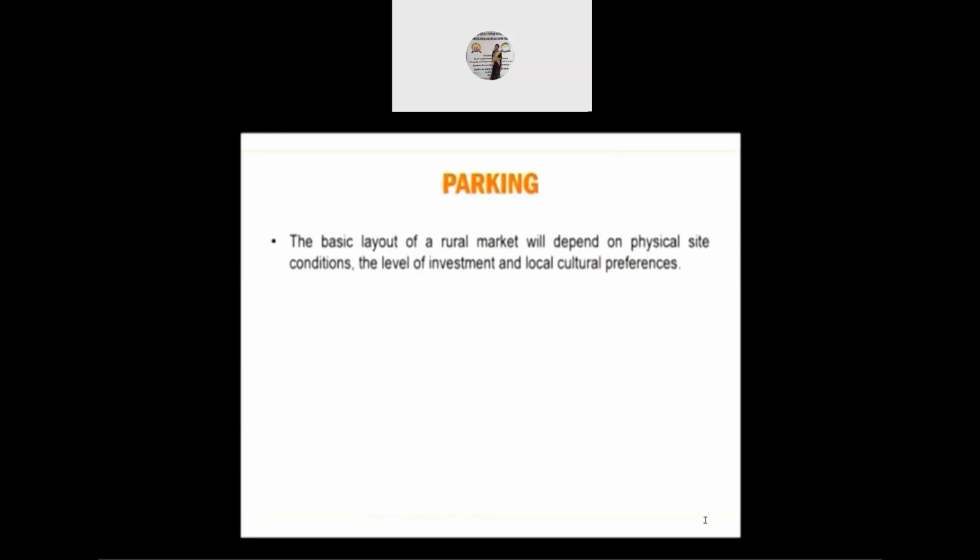Parking. The basic layout of a rural market will depend on physical site condition, the level of investment, local cultural